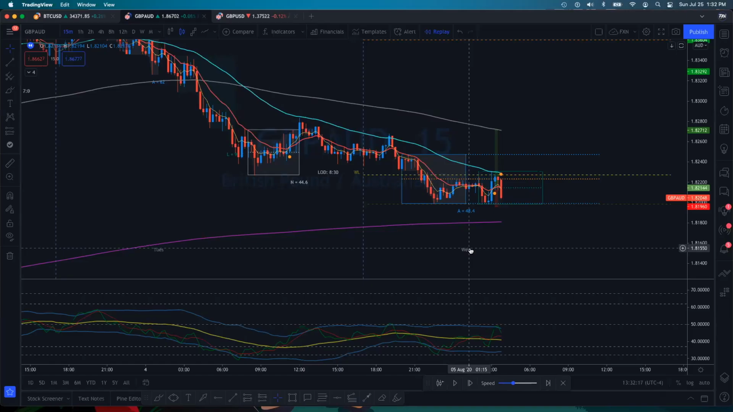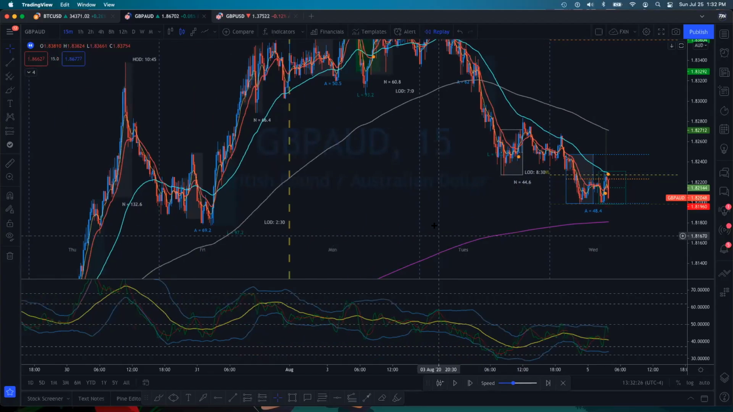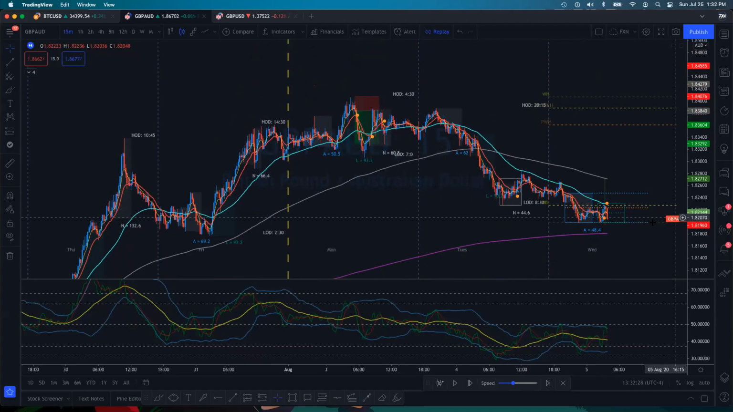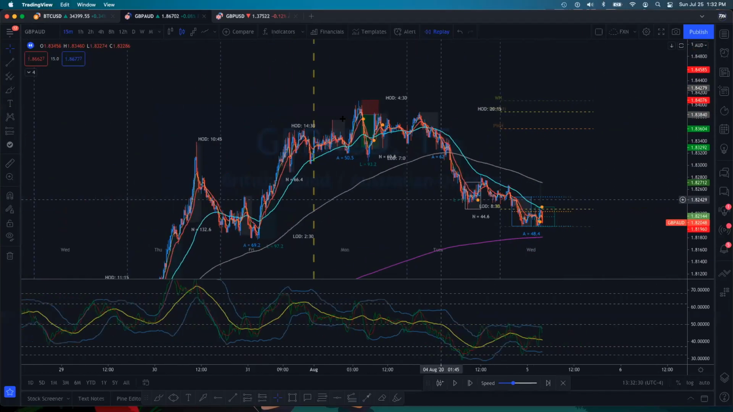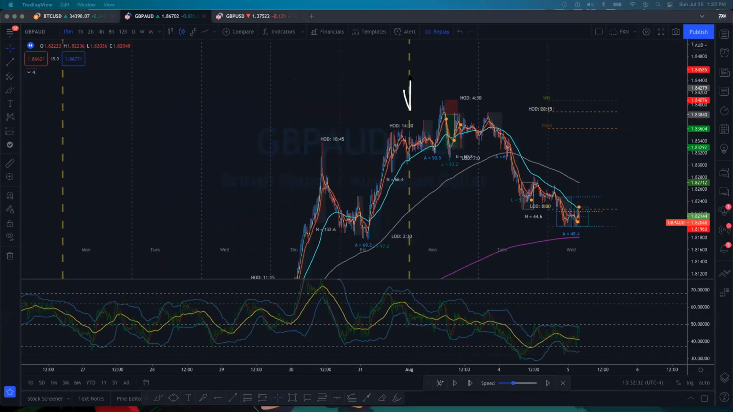Directional bias. Correct. Directional bias. Yeah. And so let's just pretend that this is peak formation high,